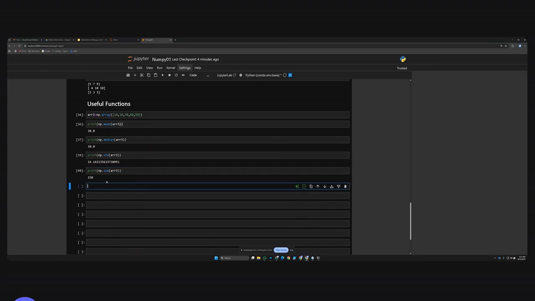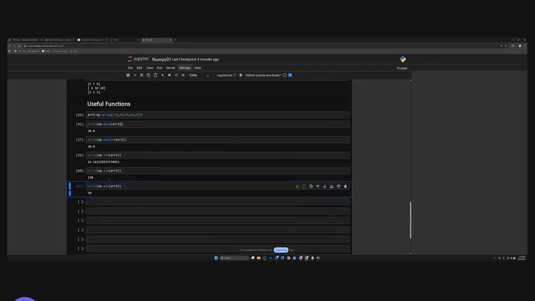Now what is the minimum number here? Let's try this out. np dot min. With the sample you can see the minimum number is 10, and likewise we'll try for the max number, np dot max,